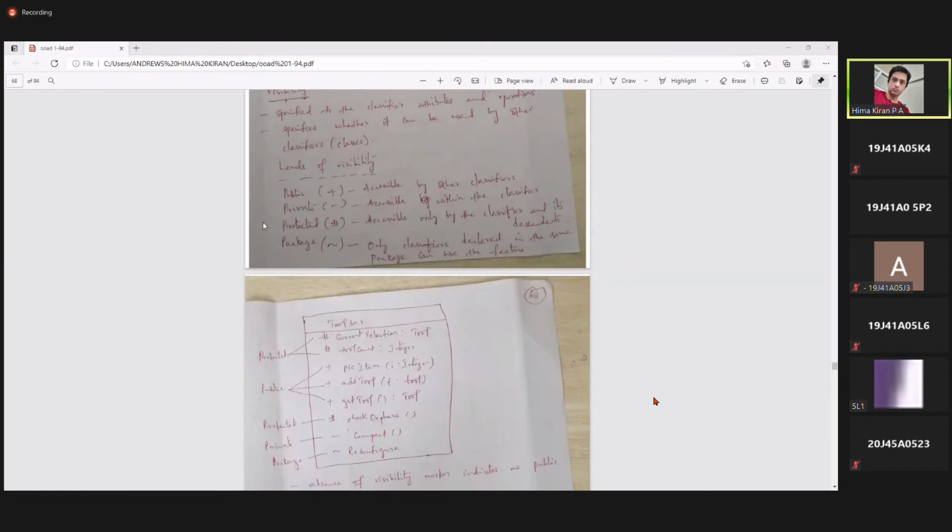Is it clear, or do you want me to explain one more time? The difference between the protected attribute and operation and the packaged attribute and operation. Once again, okay. The difference between protected attribute and protected operation